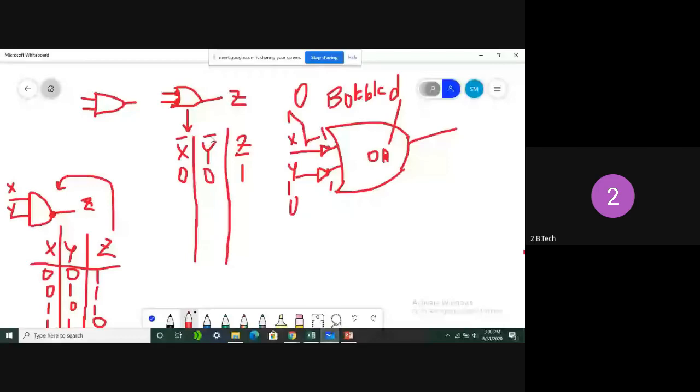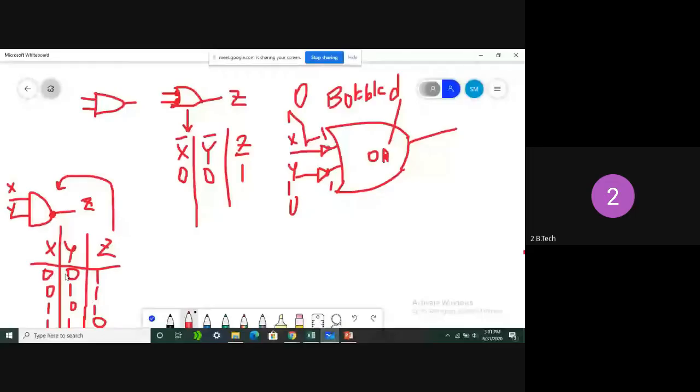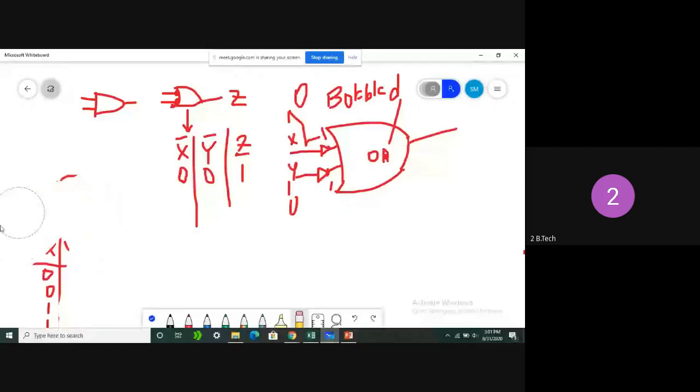Okay, I think everyone is clear with the AND gate and NAND gate? Yeah, sir. Yes, sir. I am erasing this one so that you are able to find it easily. So I will make one more change here. This representation is not enough for you.